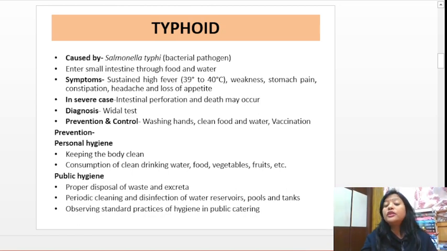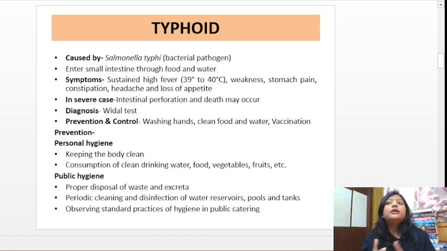How will you know that you have typhoid or not? You have to do a test known as the Widal test. When you do that test, you get to know if you are suffering from typhoid or not. What are the prevention and control? How do you prevent and control typhoid? By always washing your hands, and